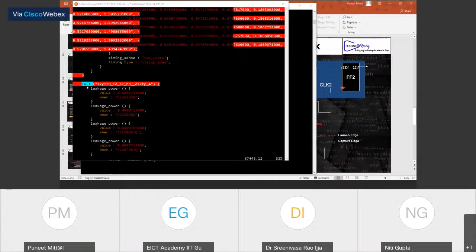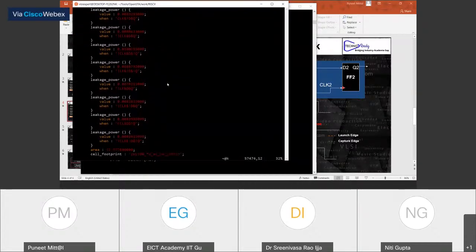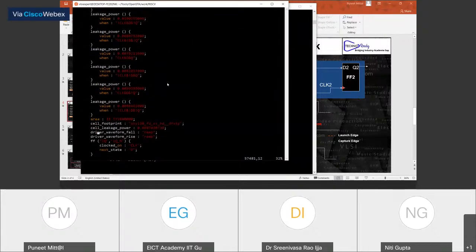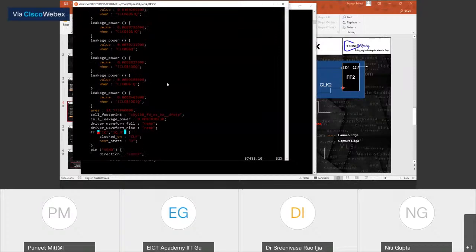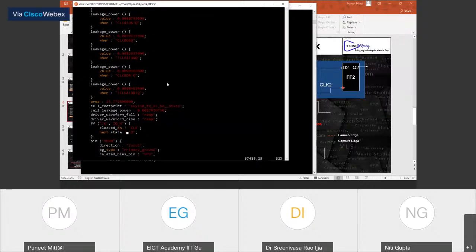Now, from here, let's go a little bit down. These are leakage power values, which we discussed on the very first day. Then we have the cell footprint, cell leakage power. Then we have the flip-flop. See, this is the flip-flop. There are two outputs, IQ and IQN, negative, and these are the pins. Now we are saying when the CLK is clocked on, the next state is going to be D. This is the way you define the flip-flop.